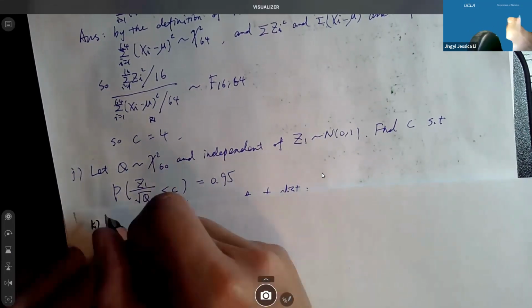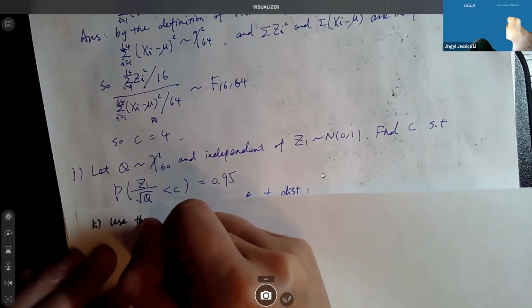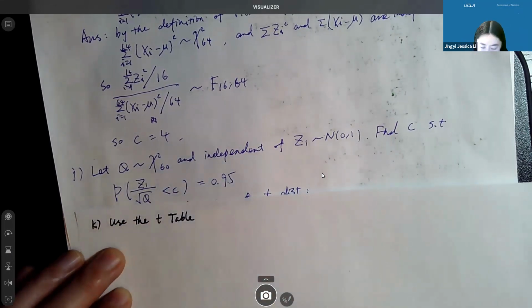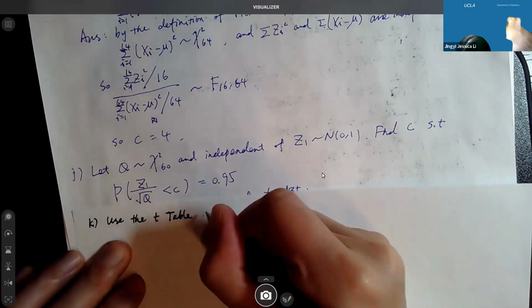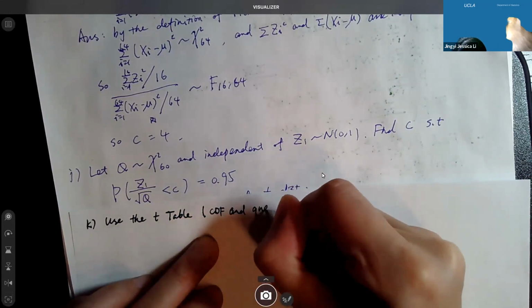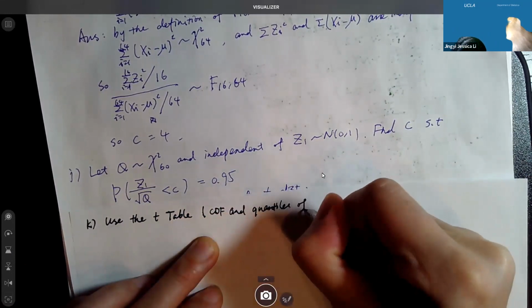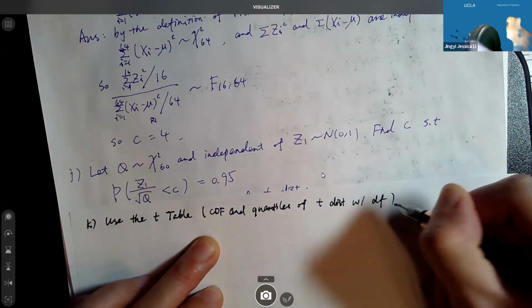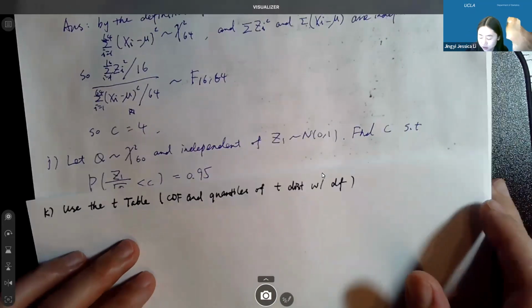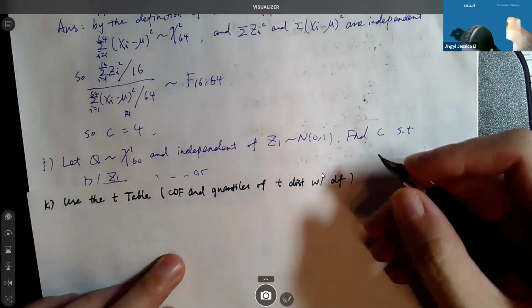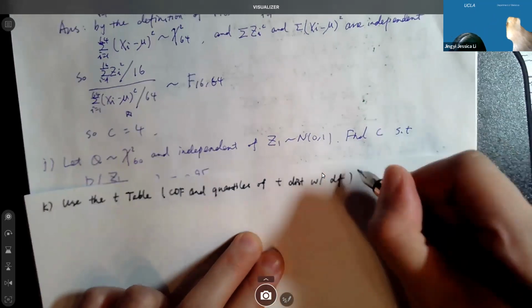For this, we'll use the t distribution. In our traditional textbook, we have a table for the t distribution, the t table. It is regarding the CDF and quantile of the t distribution with a given degrees of freedom. Given the table, for a certain degrees of freedom, it tells you what quantile gives what left probability. So you will have that distribution in the table. And given this table, we will use it to find